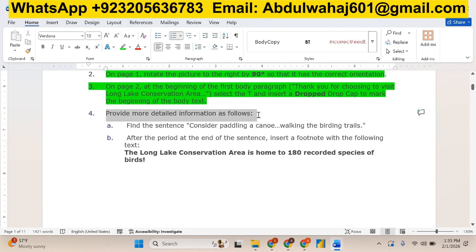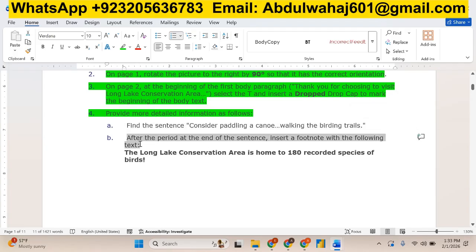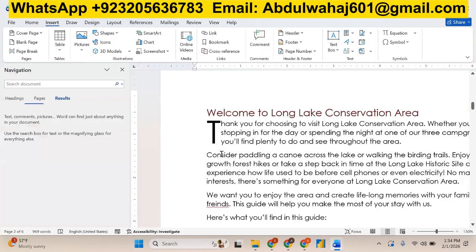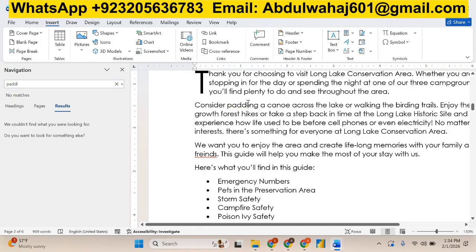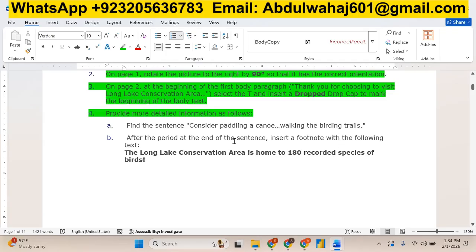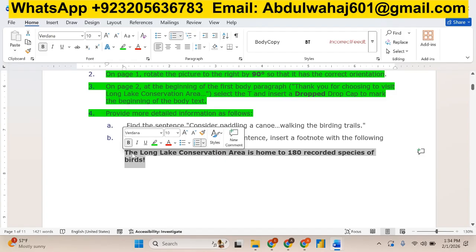Provide more detailed information as follows. Find and replace considering padding, this is a sentence complete. After the period, insert a footnote with the following. So first of all we have to search padding. Yeah, this is the one, padding. After the period at the end of the sentence, insert a footnote. So I'm just copying it,